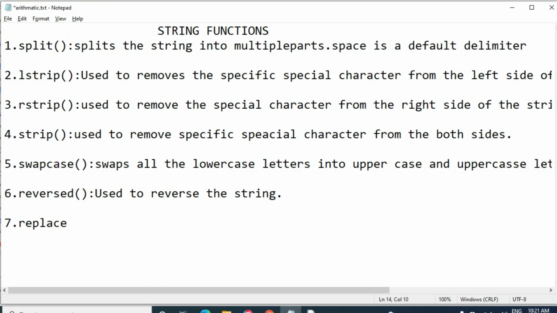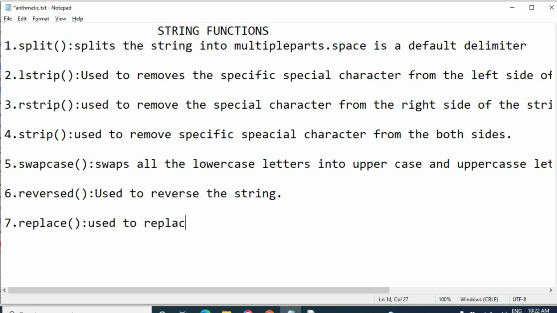Then the next one is replace of. Replace means if you have taken the particular string and something is wrong, if you want to replace the existing string with the new string, we will go for the replace of function.